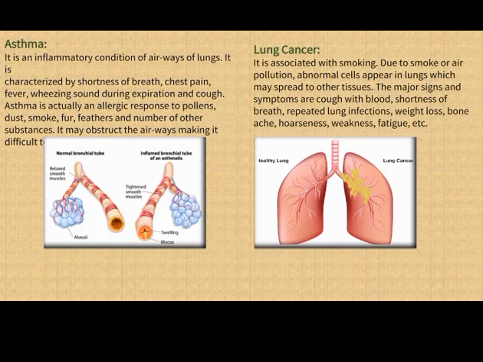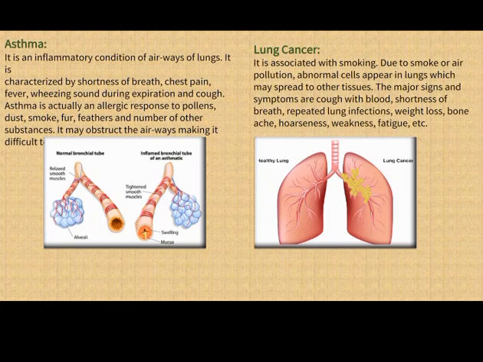In the right lung, you can see a yellow mass. It basically shows the abnormal growth of cells in the lungs, which may spread to other tissues. The major signs and symptoms are cough with blood, shortness of breath, repeated lung infections, weight loss, bone ache, hoarseness, weakness, fatigue. Lung cancer sometimes leads to death, but the main percentage of death from respiratory disorders is from